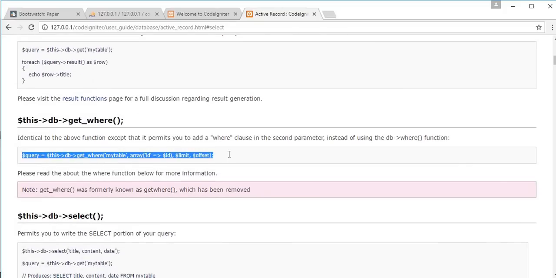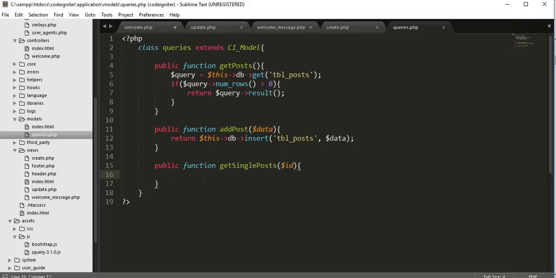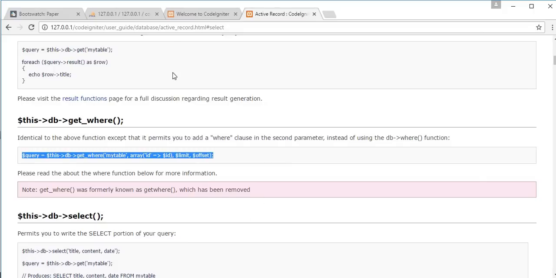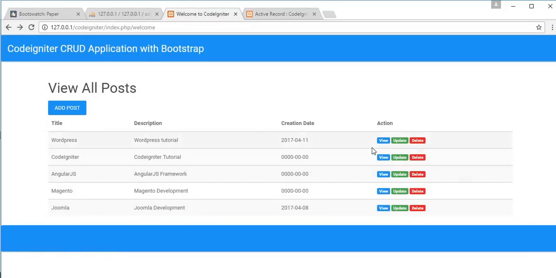We need to copy this, paste it here, and change the name to tbl_post, and the array ID is this ID, and delete this. We need to select the title, description, and date of creation of that individual post